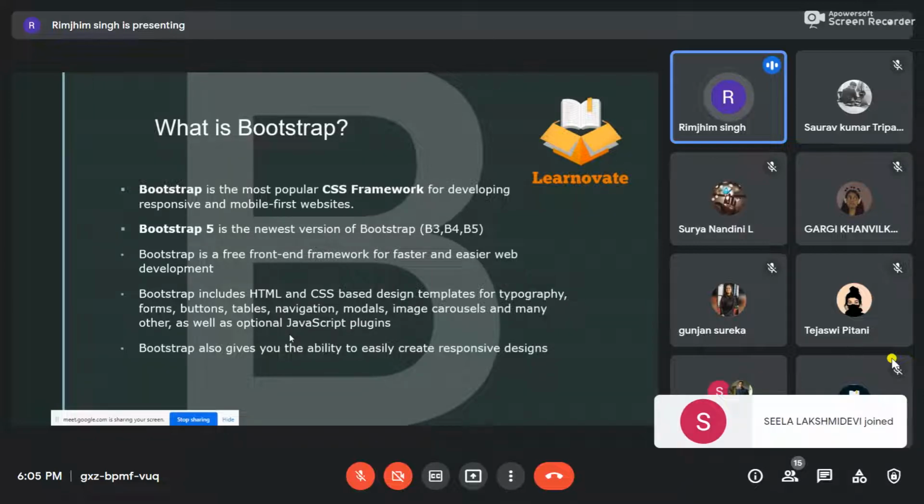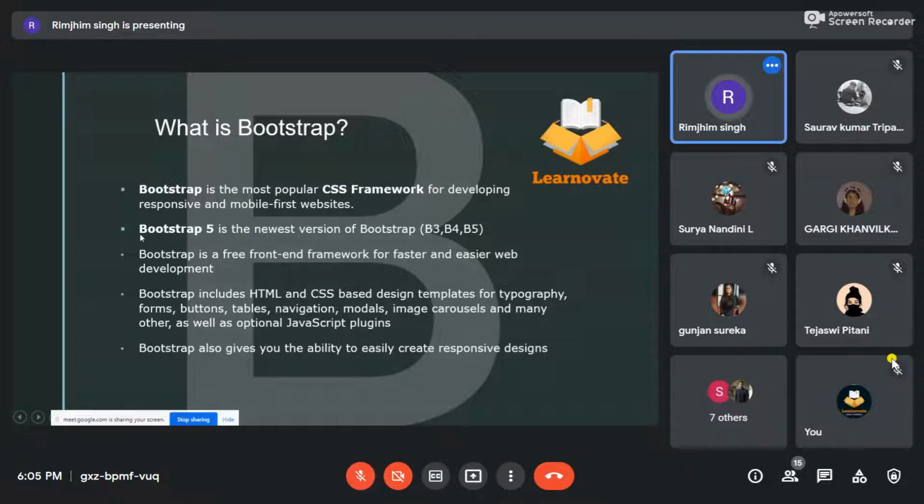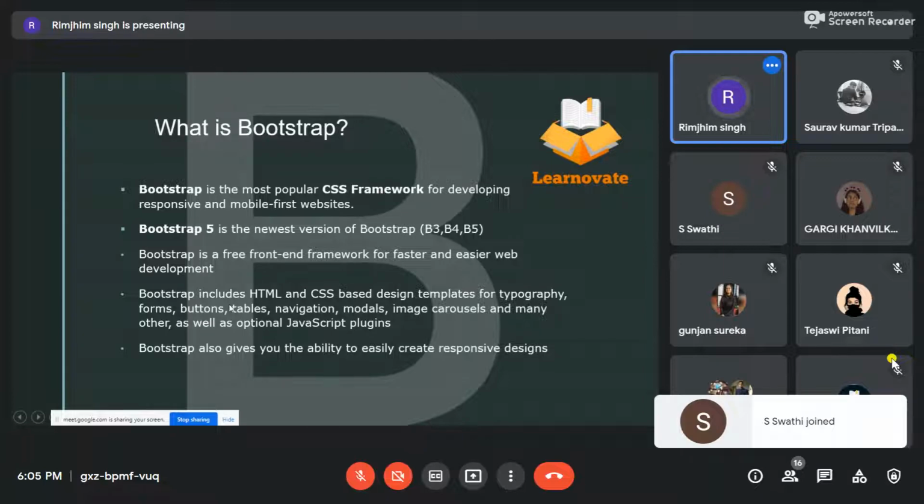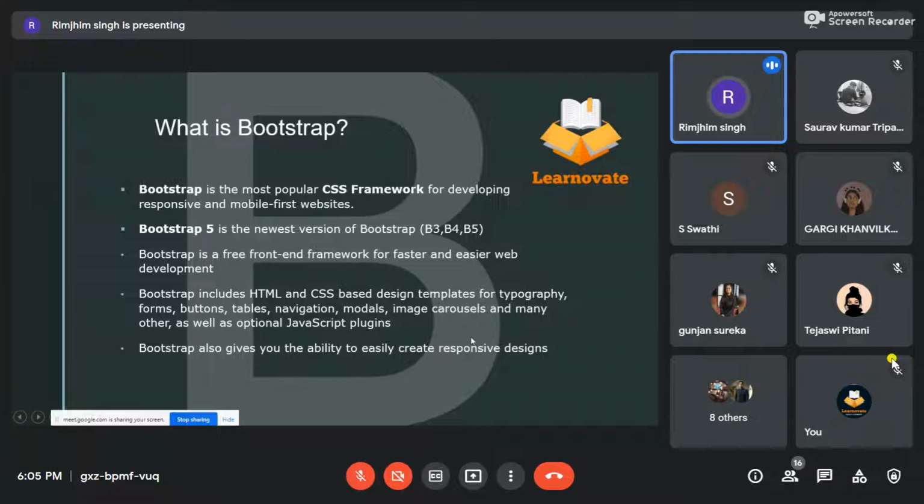Let me tell you what the current version of Bootstrap is. Bootstrap 5 is the current version we're using in the market. We use Bootstrap to make our websites more dynamic and responsive. If I'm saying responsive, what do I actually mean? For example, if you're using Flipkart on a phone and on a web browser, the resolution you see actually differs. How we fix the resolution and everything is using Bootstrap.